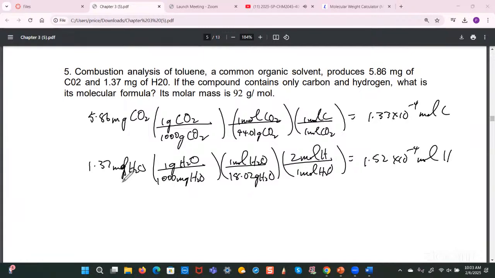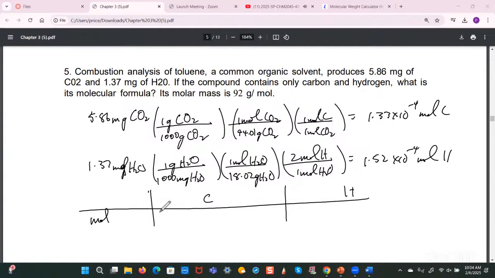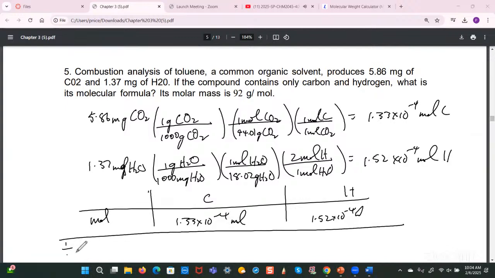So I'm going to set up my table, carbon, hydrogen. So as far as the moles are concerned, the carbon would be 1.33 times 10 to the minus 4 moles. And for the hydrogen, it's 1.52 times 10 to the minus 4 moles. And then we divide by the lower of the two, which is the 1.33 times 10 to the minus 4. So this is going to give 1, and this is going to give